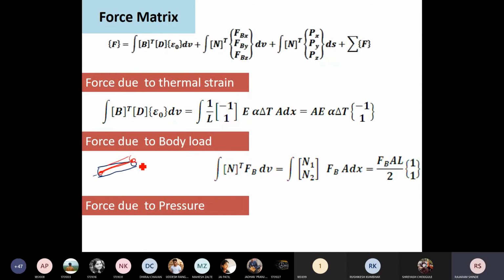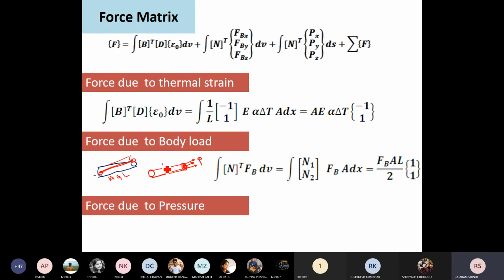This is a three-dimensional view. It has area as well as length. Now when we consider this type of actual geometry of the element, there will be force acting at the ends, and that is uniformly distributed over this area. Now see here, this pressure may be acting either at node number 1 or at node number 2. This is a pressure, it is acting on this surface.